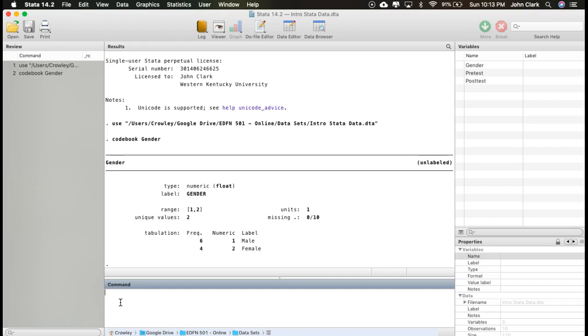Now, in some types of linear regression, in some types of statistics, we may want to code 0 for male and 1 for female. So, using some of the things we've discussed in previous videos, we're going to create a new label and we're going to recode. So, the first thing we're going to do is recode